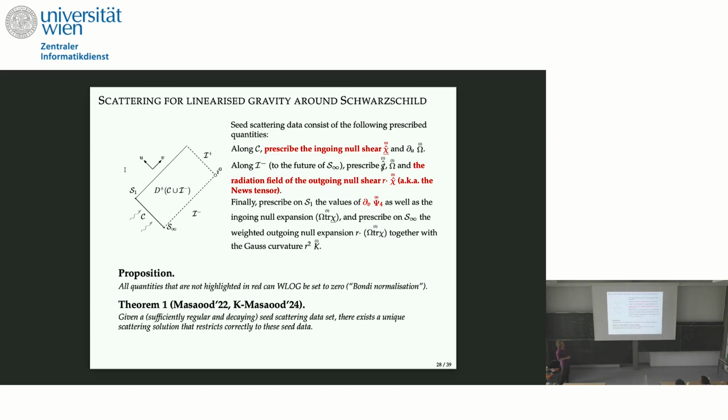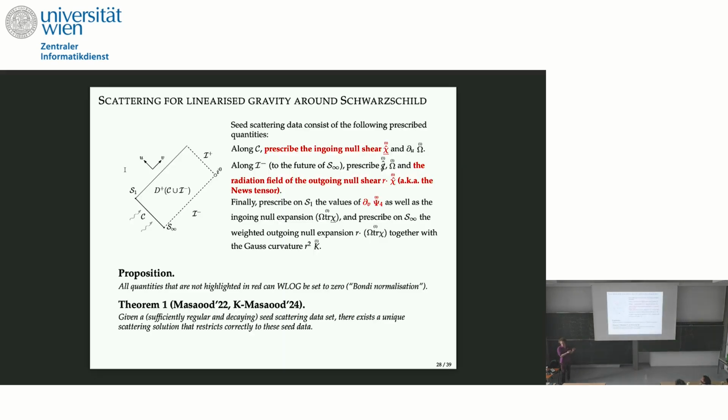But like setting all these to 0, so all these other things, I always try to include the word, because we probably use different notation. This is the fact that you can normalize the Gauss curvature to vanish at the linearized level, which means that the real thing is the background thing. This is what you also do in the construction of Bondi coordinates. Then the weighted outgoing null expansion along null infinity vanishes. This is just to say that the spheres along null infinity don't grow in any way, but they may twist. And similarly, you can make this cone such that the ingoing null expansion is to leading order 0.